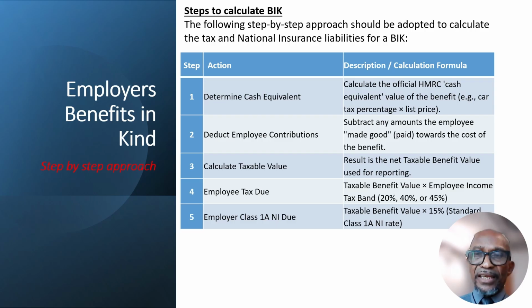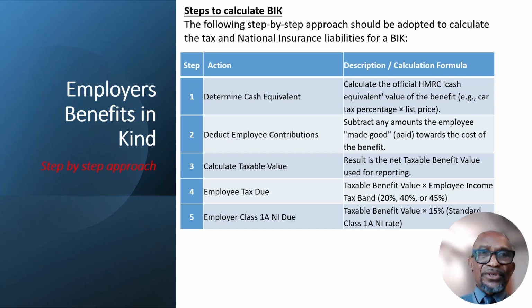For argument's sake, for petrol, it is an all or nothing refund. It's an all or nothing repayment. So if the value to you is 7,000 and you made good just 3,000, you will still be taxed on the full value based on the petrol multiplier. You either pay the whole value back, the whole petrol provided to you by the employer during the year, or bear the consequences of the taxable value for the petrol.